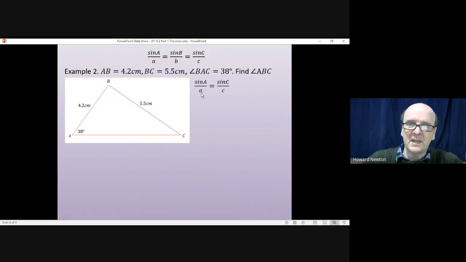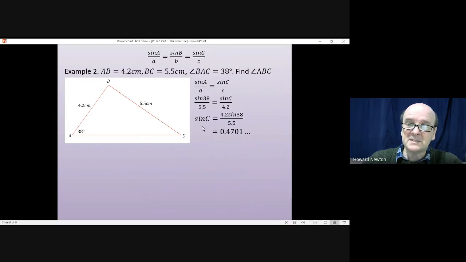Sine A over a is equal to sine C over c. As always, we should know 3 of those things, and we do. That gives us the sine of 38 divided by 5.5 is equal to the sine of angle C, that's the only thing we don't know, divided by 4.2. This time it's the 4.2 we swap sides and multiply by, and that'll give us sine C is equal to 4.2 times the sine of 38 divided by 5.5. Put all of that in the calculator and you get